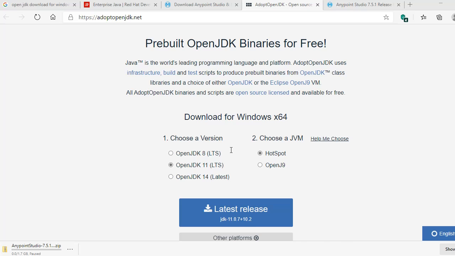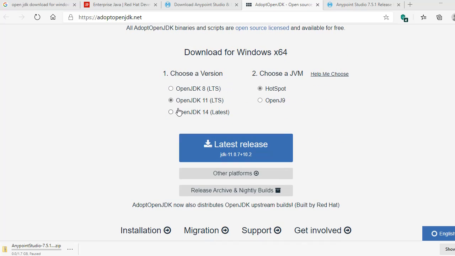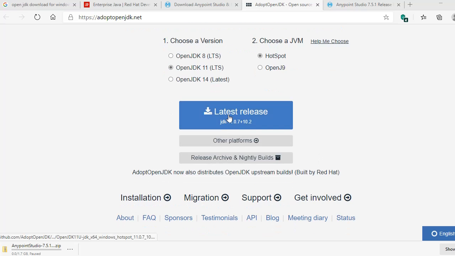What you have to do is select any JDK 11 latest release and click on it. It will download the OpenJDK installation file for you. This will also take a couple of minutes, so I'll pause the video here.